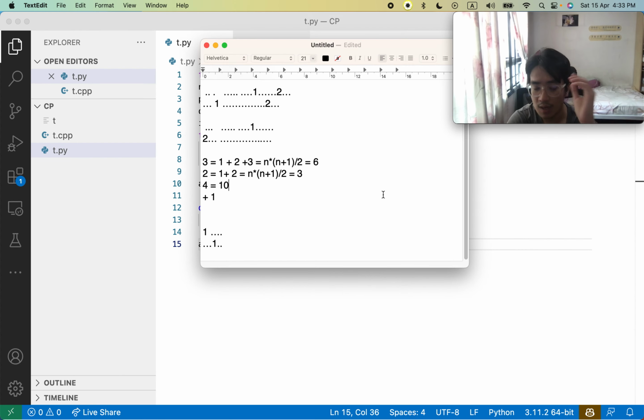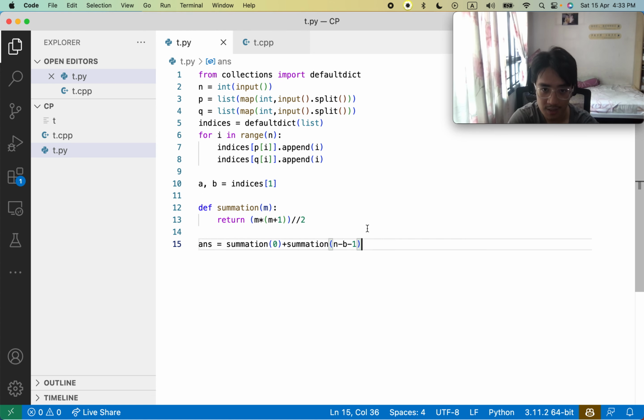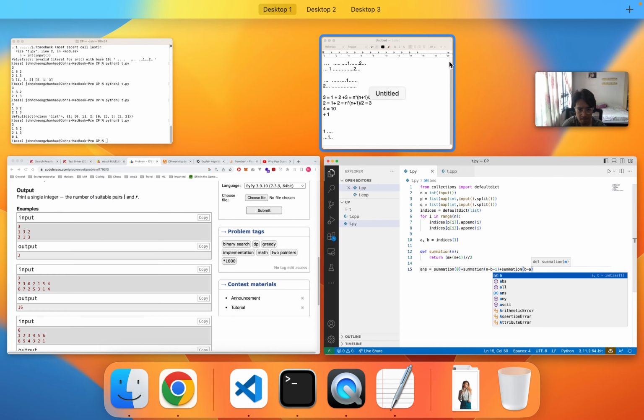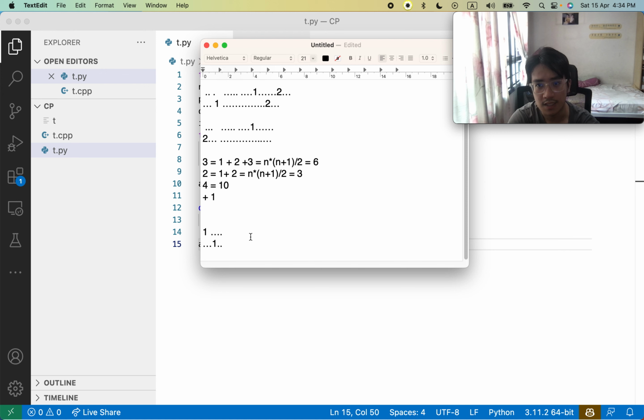What I mean is, when there's one value from the n, then you should get a 2 value, that's why you have minus 1 here, plus summation of b minus a, which, let's say that it was